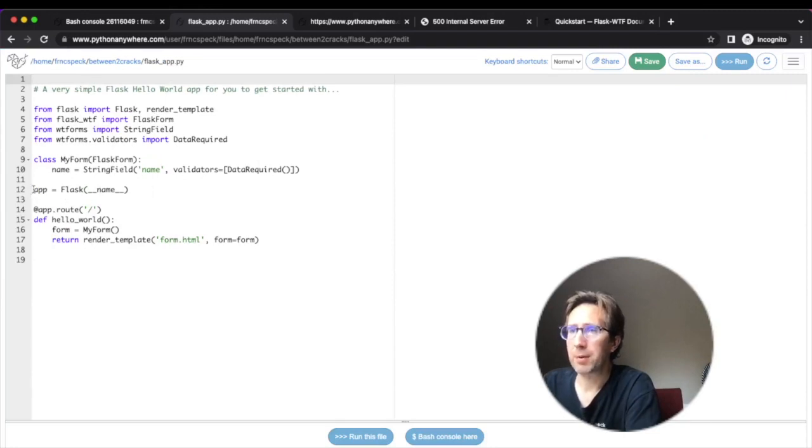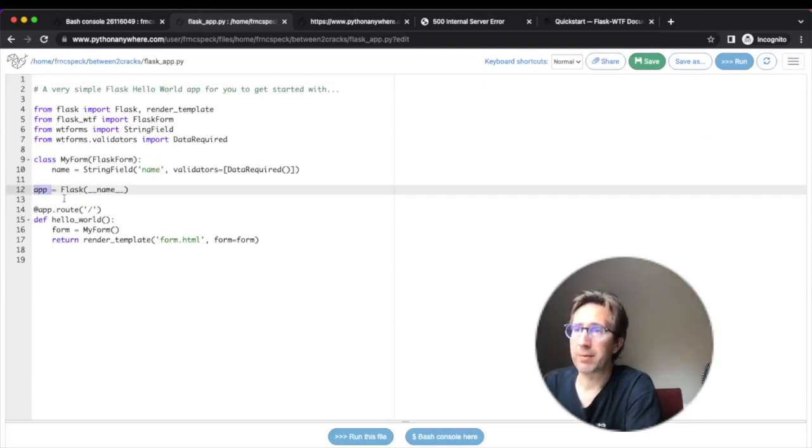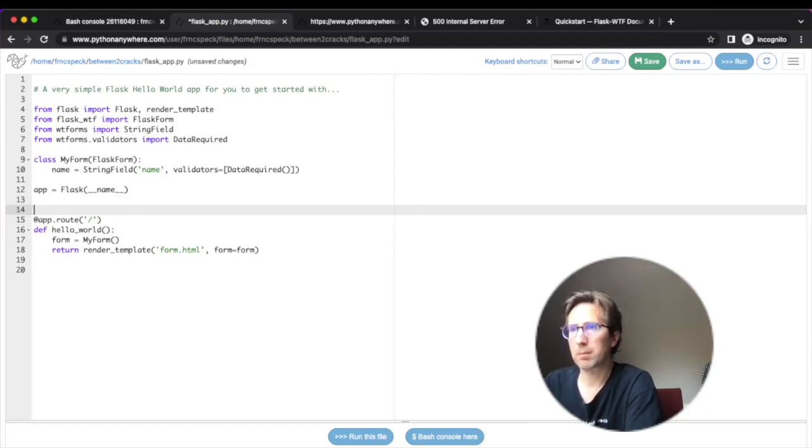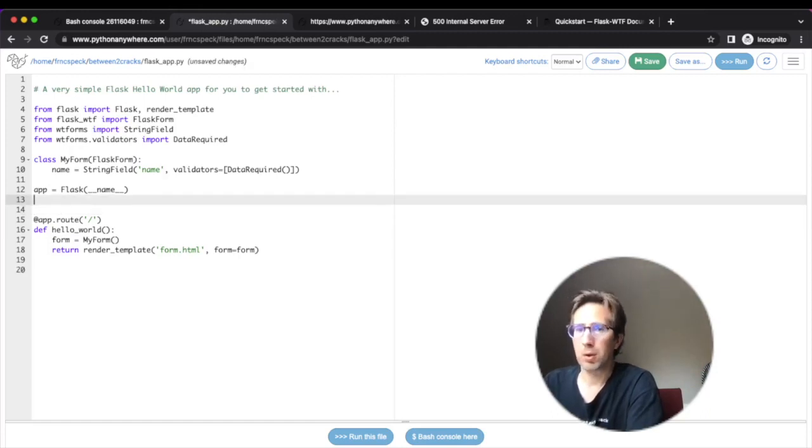And then after the app is instantiated from that Flask class, we need to assign this secret to app, which will have a config attribute. So when you have a class that's instantiated into an object, just like our myForm class has been made into the form object, the Flask class